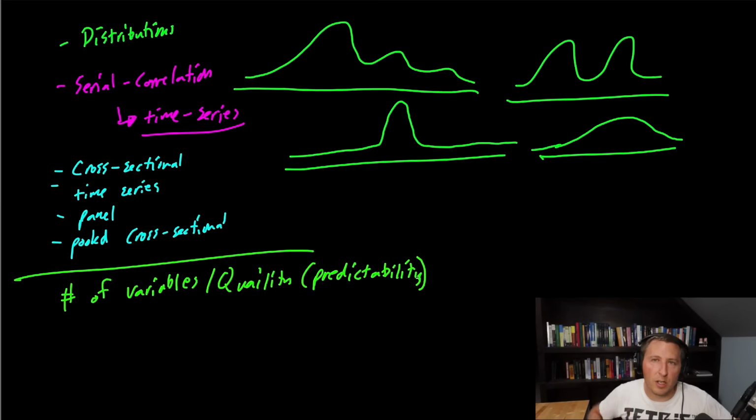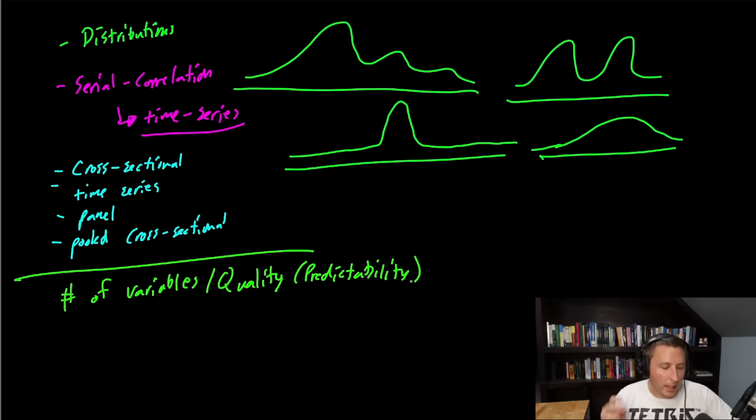So again, decision trees, for example, like XGBoost, tend to have a lot more variables and they're trying to find a lot more pockets. Again, those sorts of models, when we're doing decision trees versus logistic regression or linear regression or time series, quality of the data is a huge thing. And again, data access, alt data, data providers, data vendors, there are a lot of changes and differences in this: how they clean it, how they process it, where they get it, how often they're tracking it. There's a lot of things you just don't know. Obviously you're not going to find out. They often don't provide this sort of information.